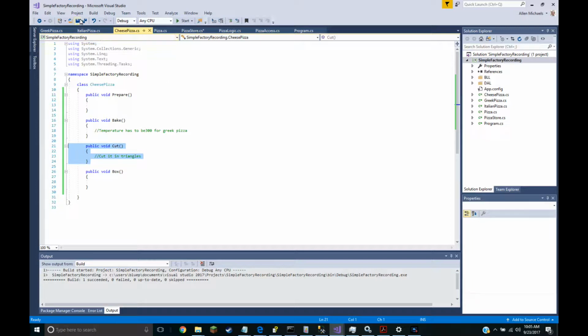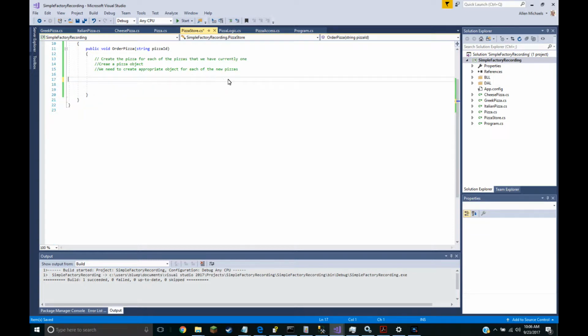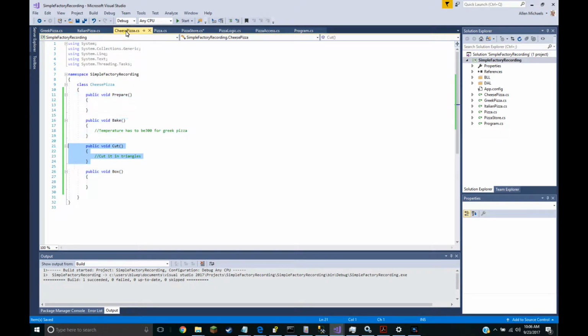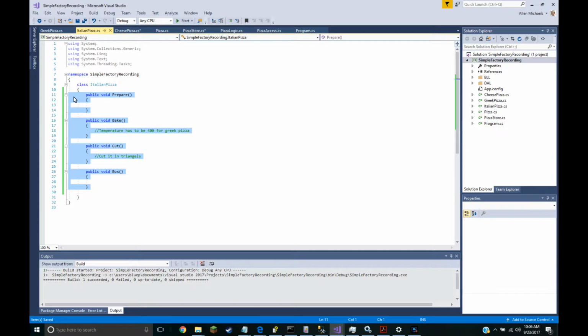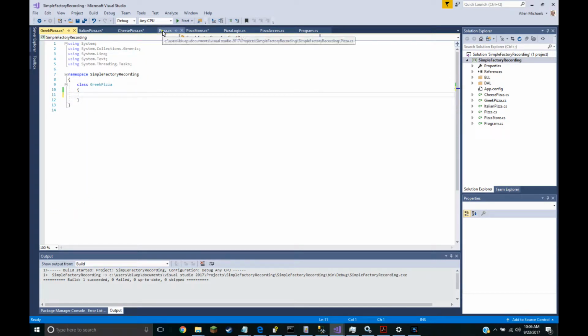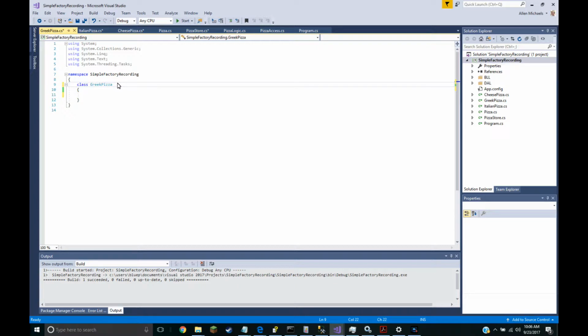So in our pizza store, what do we need to do? We need to get rid of this. We need to go ahead and get rid of the implementations of all these methods in each of our objects here, classes. And then we need to inherit our pizza class for each of our pizzas. It simply inherits our pizza. So now this is our base class. Each of these inherits from it,